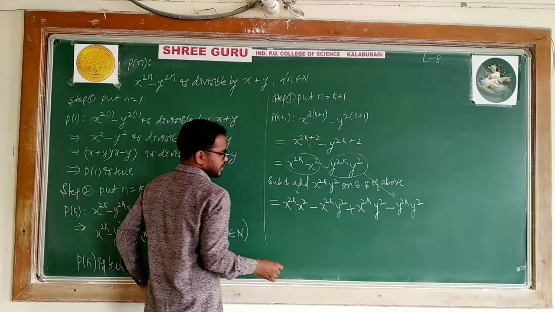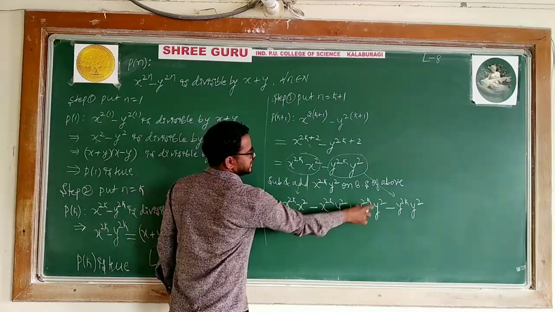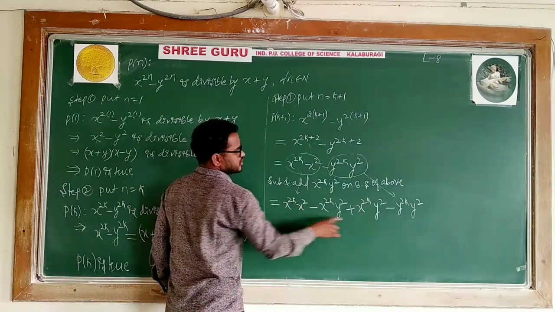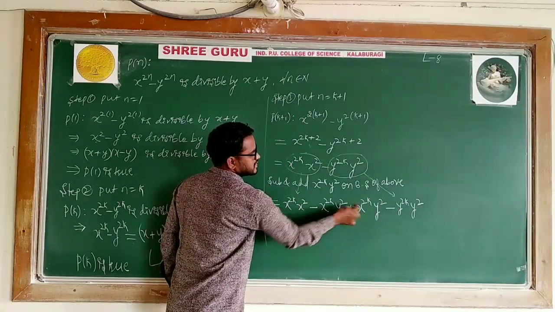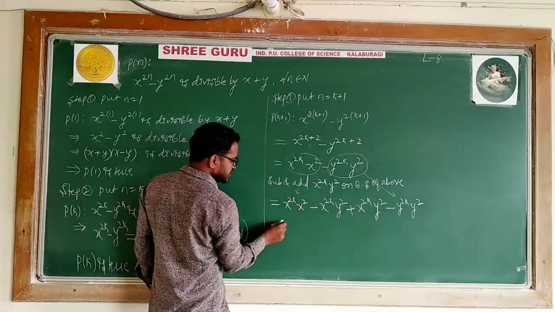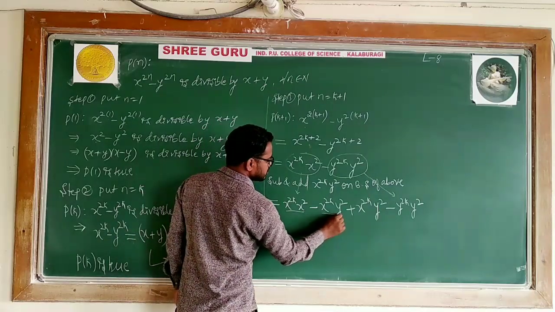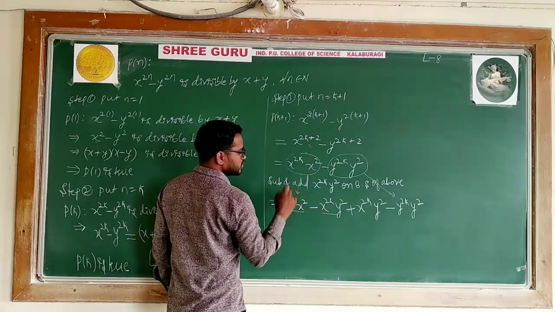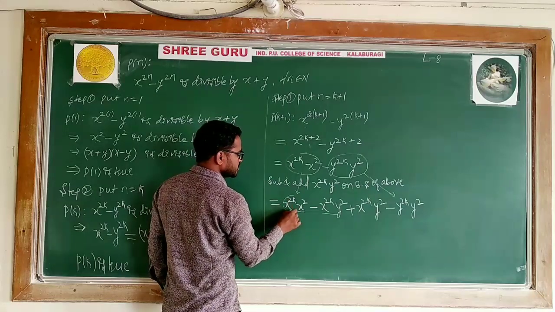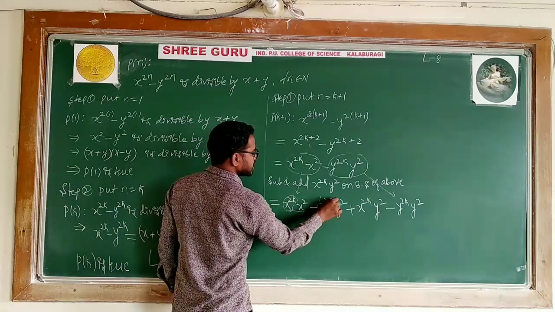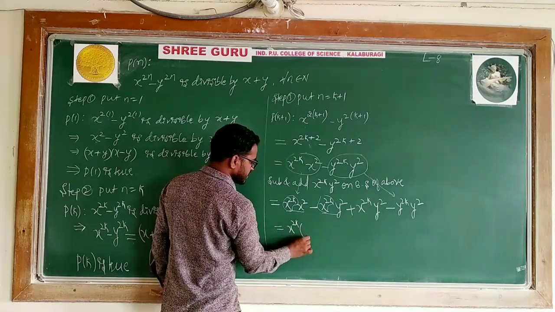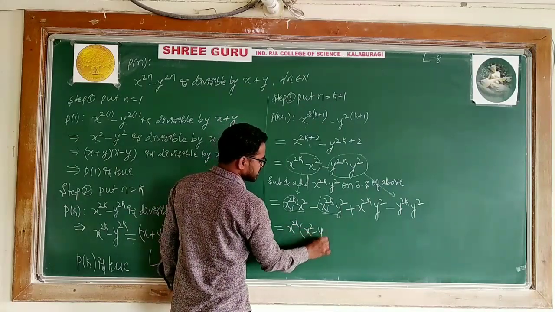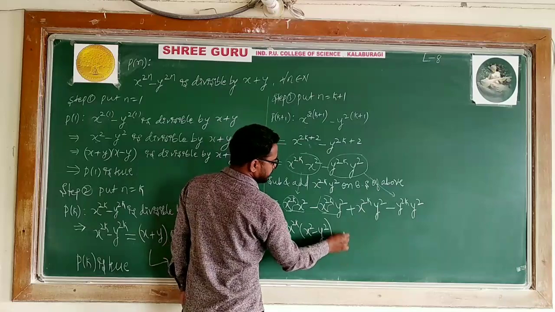Now what I did, this subtracted and added. Cancelling these two, we get the first term and last term as it is. I subtracted and added. These two are the same quantity. I subtracted and added means I balanced this equation. Here what is common? x to the power 2k is common. So I can take x to the power 2k common. What remains? x square minus y square, plus